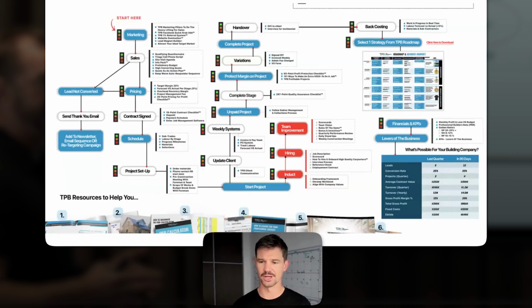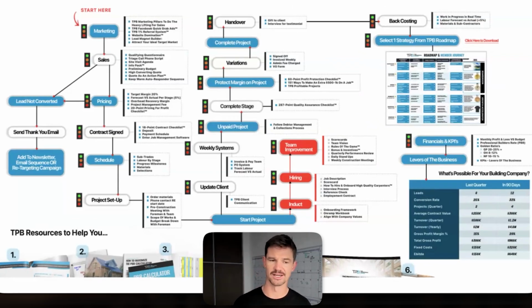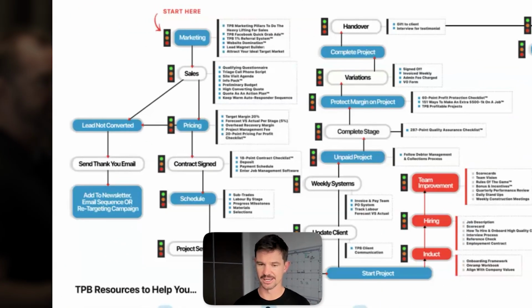So here's another example of that A to Z of operations. Now, what you'll see is a little traffic light next to each stage. If you've got time to work on the business, then this is where you should start. You should start by identifying how we can take everything that's stuck in your head and put it into a working set of drawings.